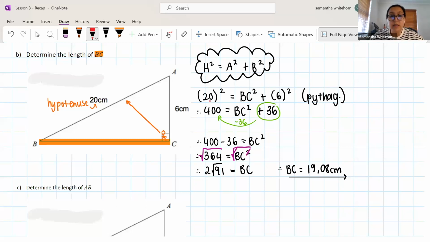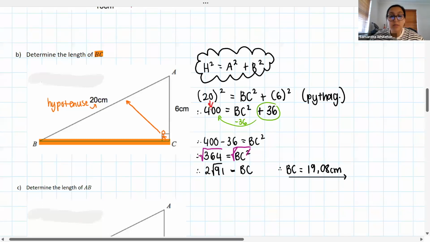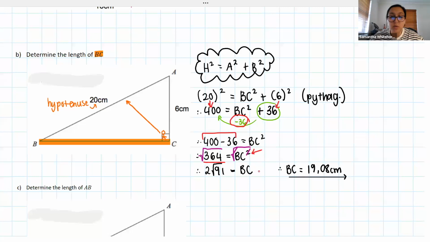Okay, so when I say 20 squared, 20 times 20 is 400. 6 times 6 is 36. Inverse operations means I need to subtract 36 on both sides. 400 minus 36 is 364. I have to square root because I need to get rid of the square. And when I square root 364, I get my final answer of